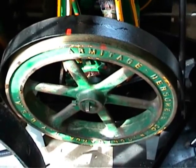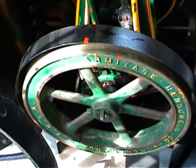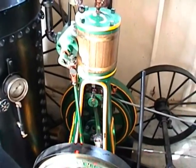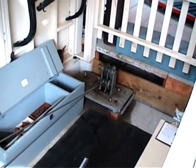An Armitage-Herschell steam engine driving the Carousel at the Willowbrook Museum. She's a genuine single-cylinder steam engine. This is the main engine, and she drives a cable rig. The cables go under pulleys to the